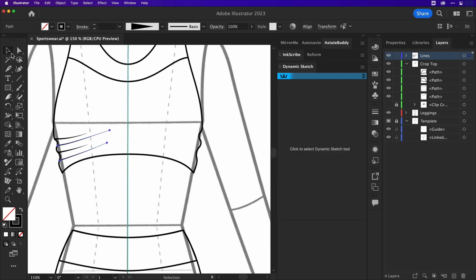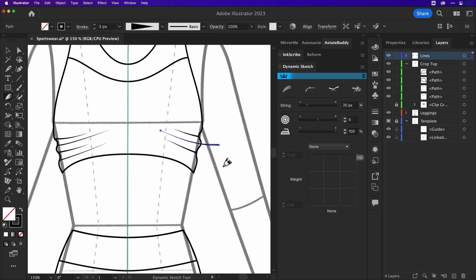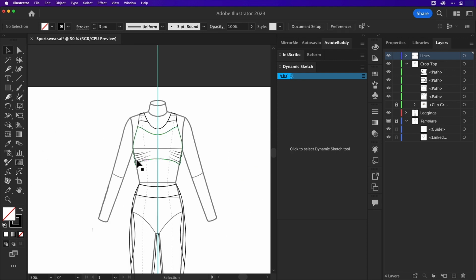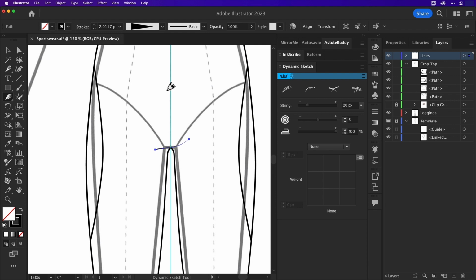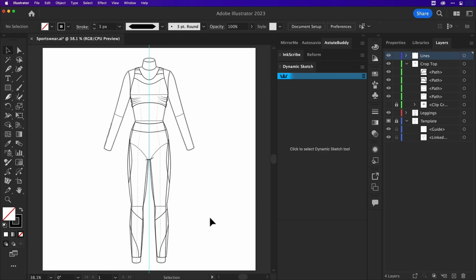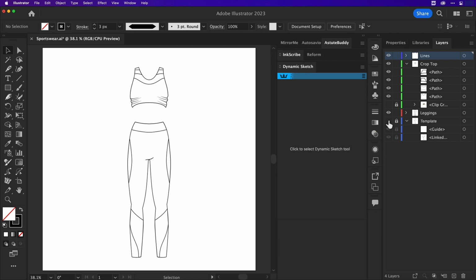We still have the wedge width profile enabled, so now as we draw our next Dynamic Sketch path, it will draw out in that profile. We'll do the same on the other side, drawing over our intersection and using AG Trim and Join to remove the excess. Let's turn off the template layer and see what we're left with. I'm happy with that. Now to add some colour.